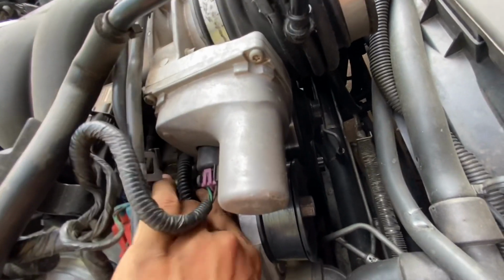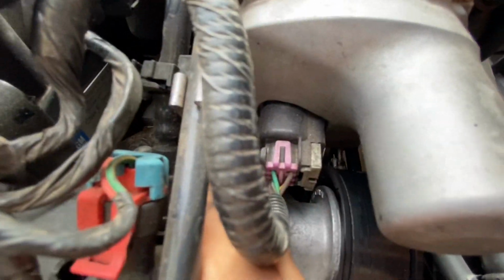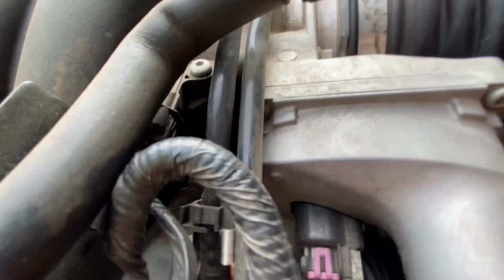But let me show you guys something real quick, because I know y'all tripping. But anyways, yeah, mine hasn't been plugged in this whole time, just FYI. That's nice to know. Anywho,